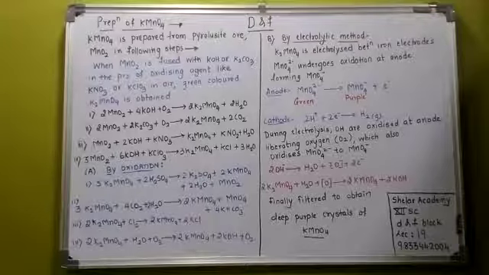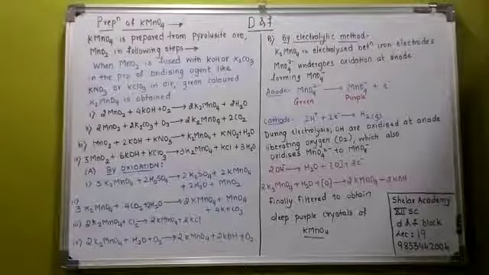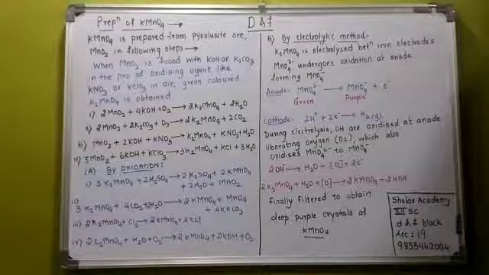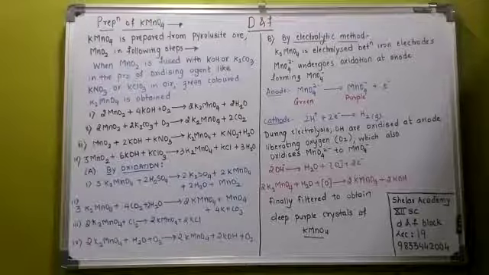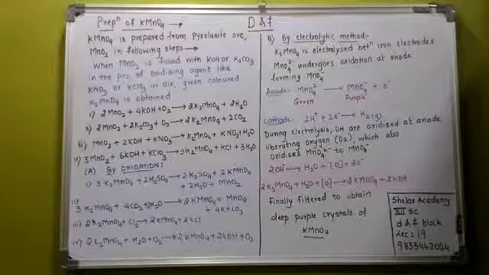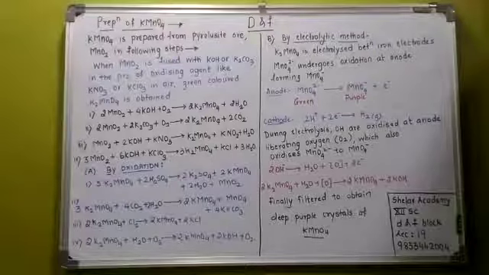KNO3 is converted to KNO2. KClO3 is converted to KCl. Water is common, K2MnO4 is common. K2CO3 is converted to CO2. So this can be a trick by which you can remember the equations. Balancing the equations you can do on your own if you are good enough to balance the equations. So that is all about the first part of the equation.